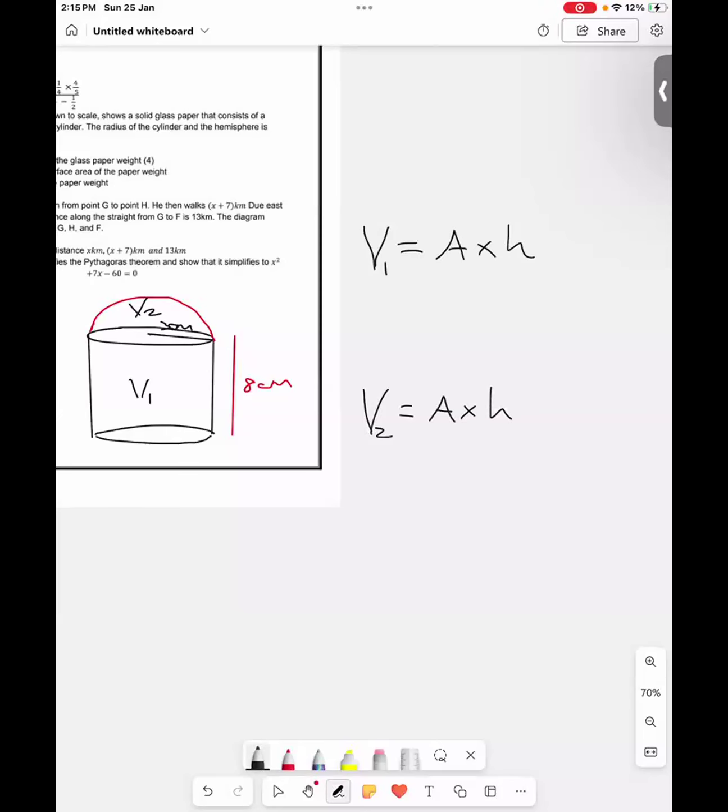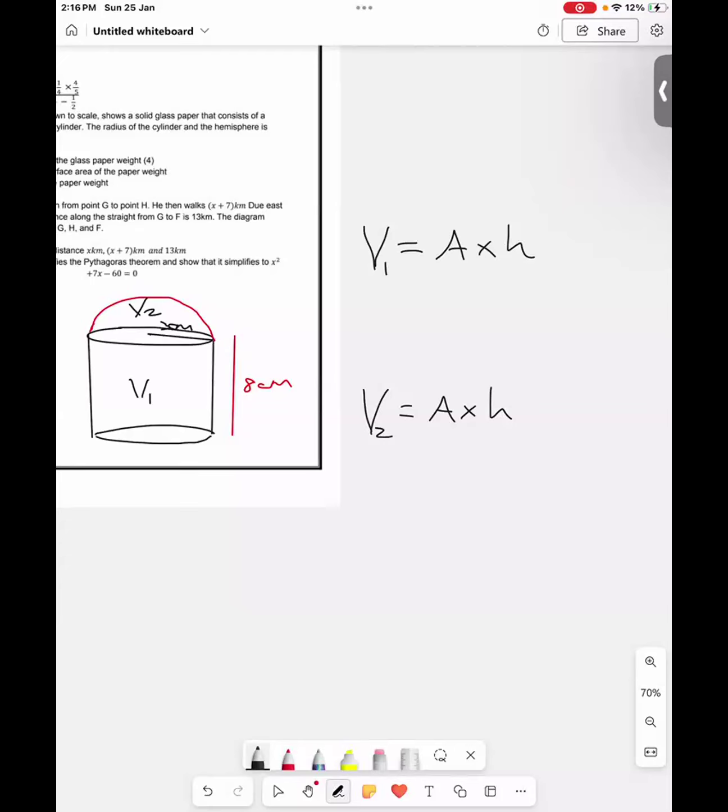You're going to get multiple questions like these on your external exams. Maybe not on my end of month test, because I have to build you up like that. But for now, I took these questions from an old past paper, 2004, I think it was. So we're going to break up the diagram into sections. Volume 1 represents the volume of the cylinder, and volume 2 represents the volume of the hemisphere. A hemisphere is half of a sphere.